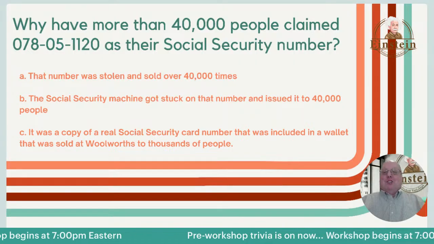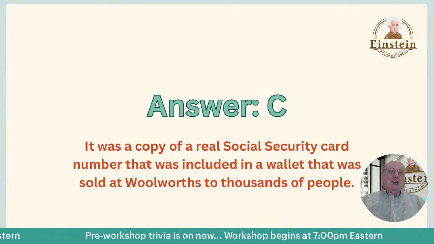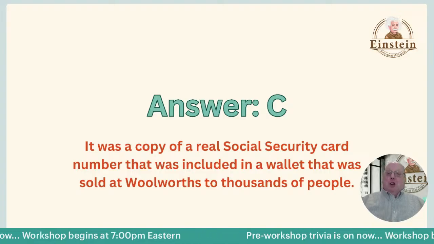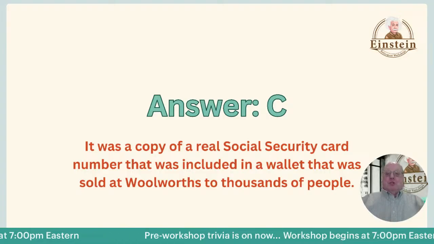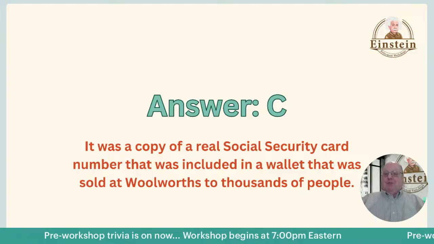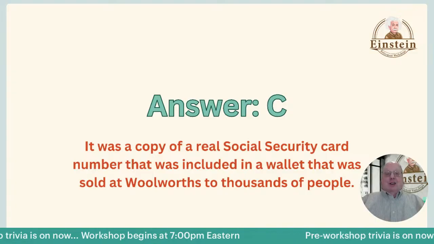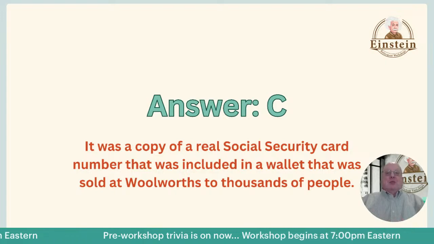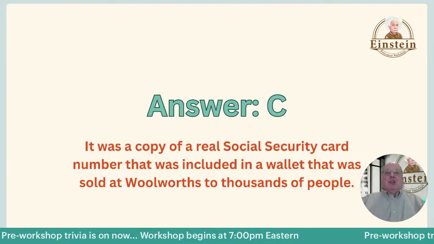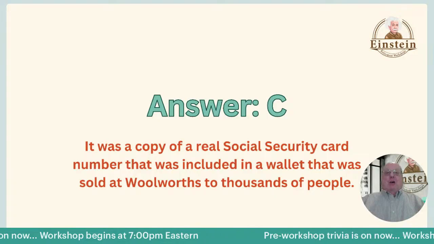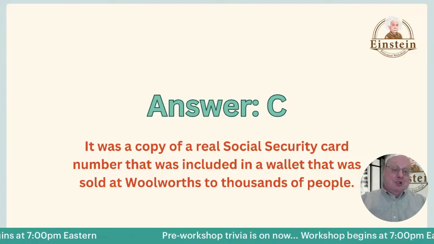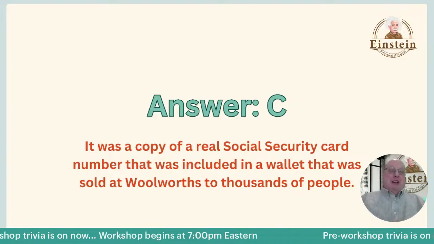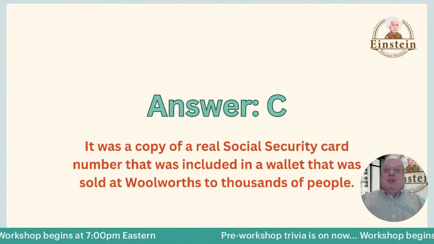What's the answer? Drum roll, it's C. This is an actual Social Security card that the marketing director who was designing this wallet wanted to put in it to get going. And they actually used their assistant's Social Security card and accidentally sent it to the printer without getting one printed up first. And that's why it happened. Now, it's 100% illegal to do that, by the way. You're not supposed to copy your Social Security card, not even supposed to laminate it, which is sort of interesting, but that's how it works. All right.